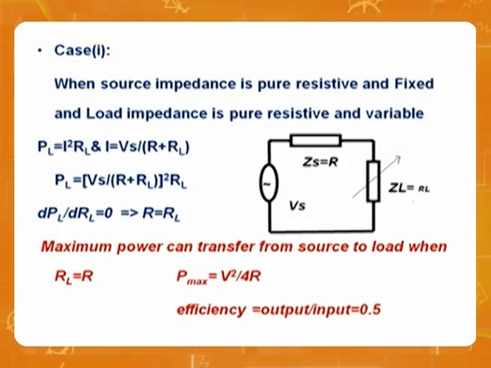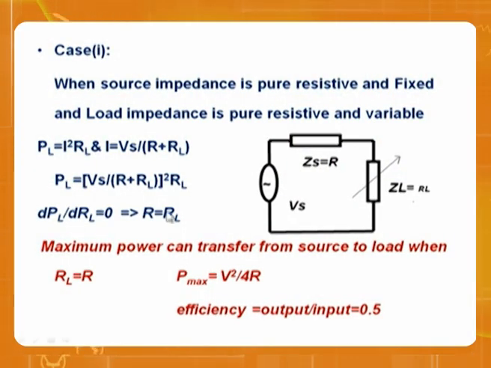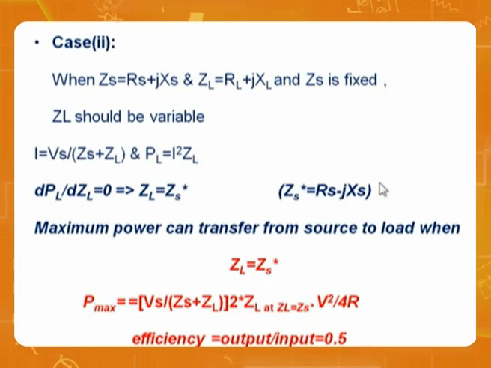So look at here. First case, when source impedance is a pure resistor, and this is also a pure resistor, what should happen? Now you should differentiate with respect to RL. There you have done with Z, now you should go with RL. If you calculate the power and calculate dou P by dou RL, you will get R is equal to RL. That means the maximum power is transferred when these two are equal. Case 2,